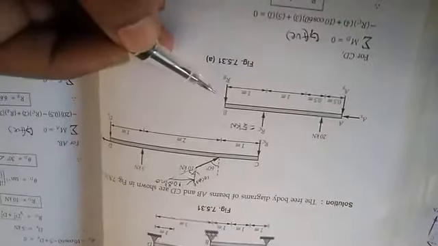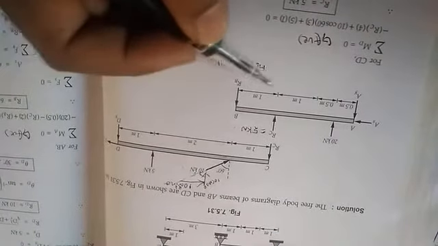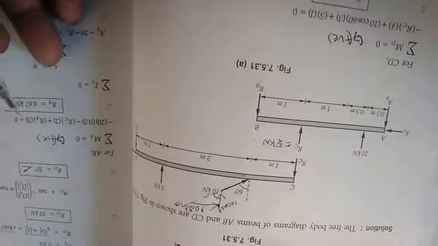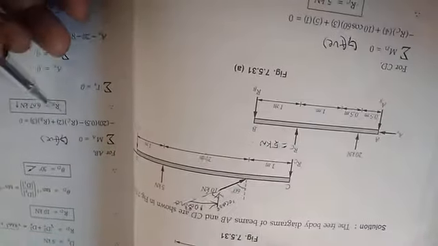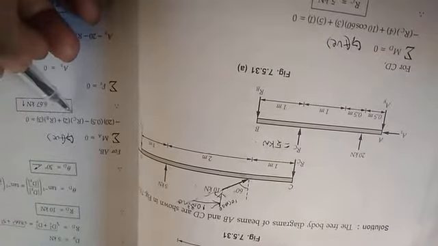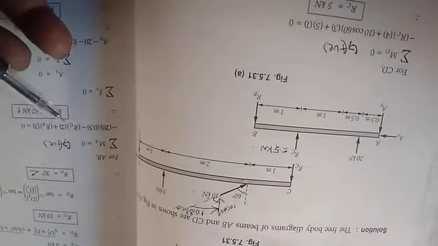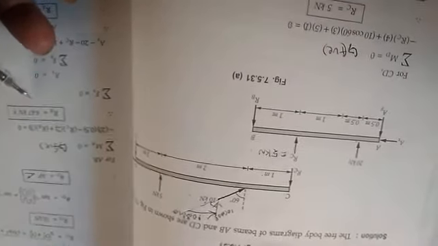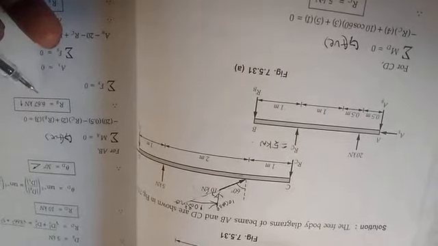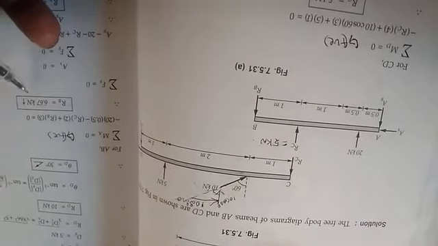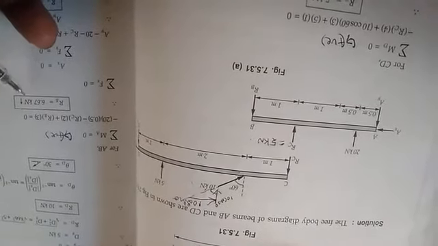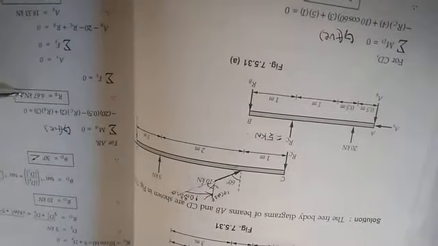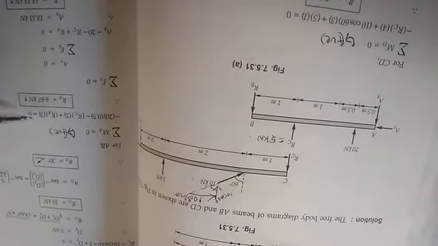Next I am left with RB into distance of 3 meter. So RB into 3 meter is equal to 0. In this equation the only unknown is RB, since you have determined earlier that RC is 5 kilonewton. Insert RC equal to 5 kilonewton and find out the RB value. Finally you will get the RB value around 6.67 kilonewton, in upward direction. If you got a positive value, it is upward direction because you have taken upward direction as positive.